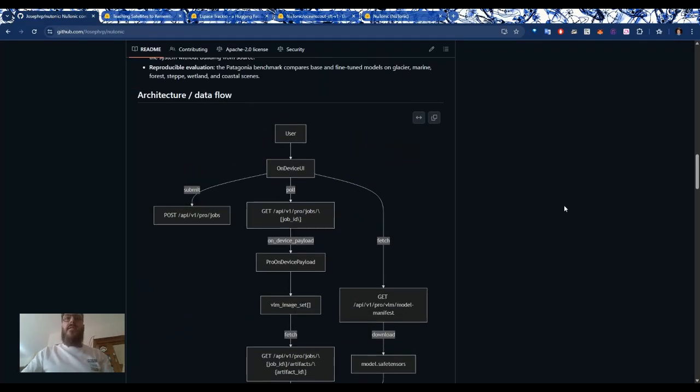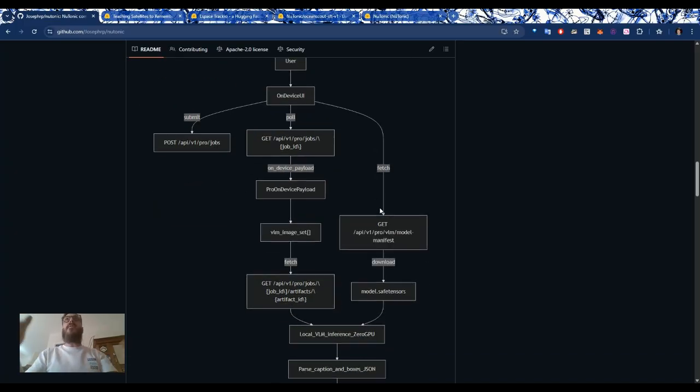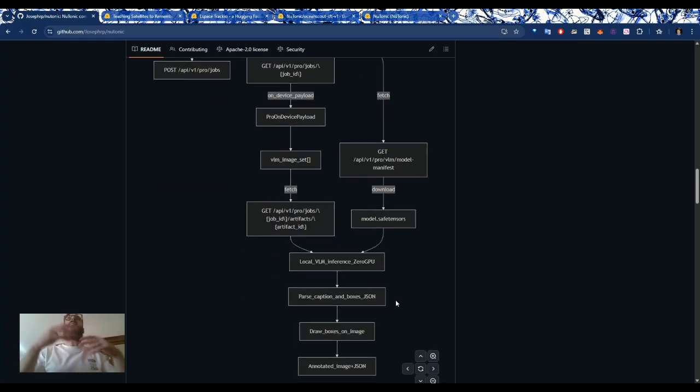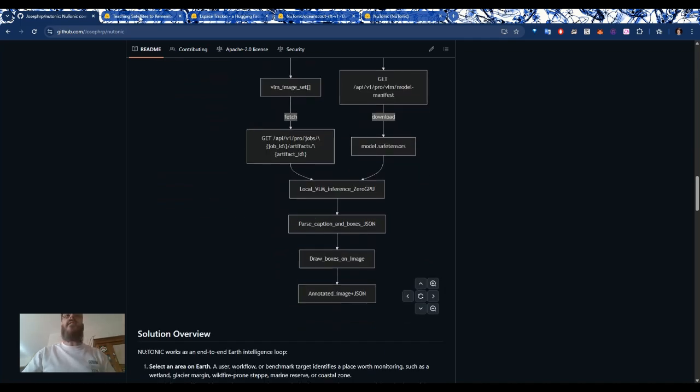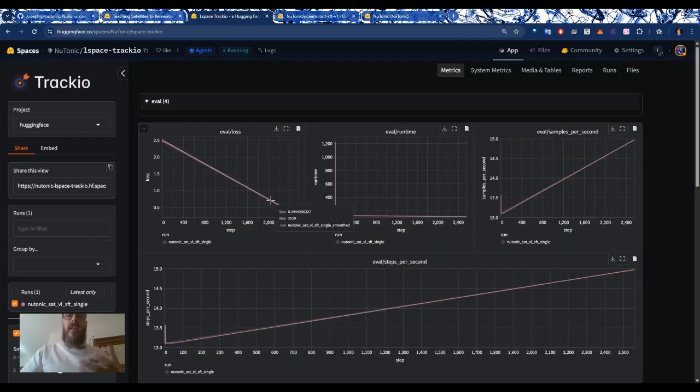So we're using the user inputs, lat longs. We collect the satellite imagery. Based on this, we send it to the Terramind prediction model and VLM. But so the Terramind prediction model returns its predictions, and we inject it with the original images back to the VLM inference, which then, based on its training, produces the bounding boxes and captions, which we then write on the images and return the images. It's really that simple.